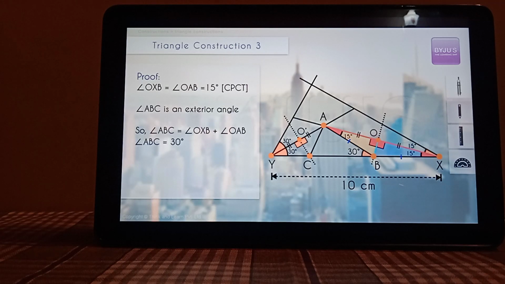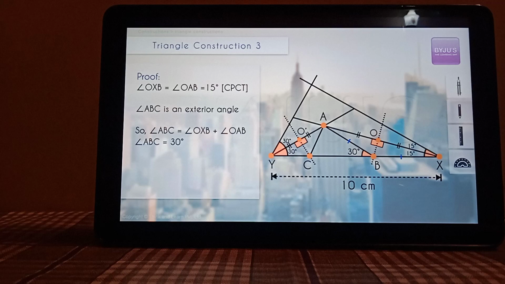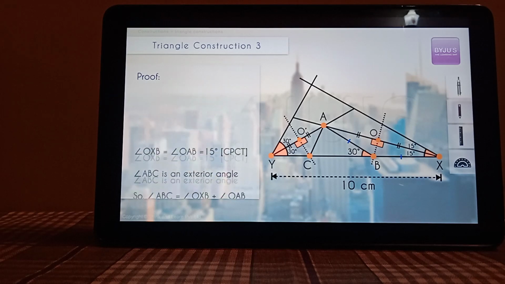Which means this line that we drew first, AB, is actually parallel to this line that we drew. You got angle B is 30 degrees. We also got XB is equal to AB. Now the same thing, look at it on the other side. The exact same thing we can prove on the other side also. You will already be realizing how we are going to prove angle C. Same logic again.